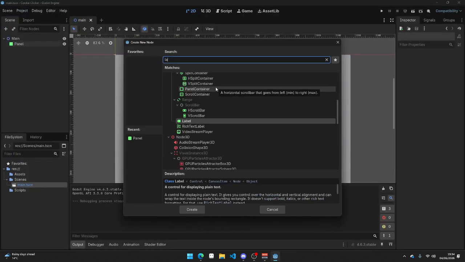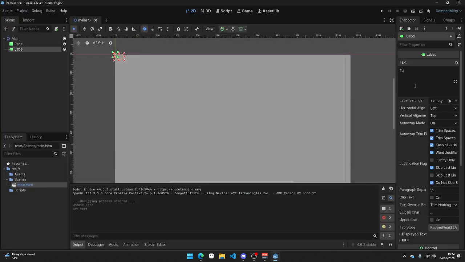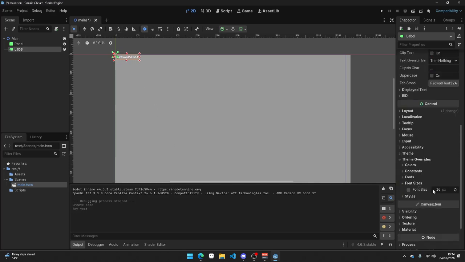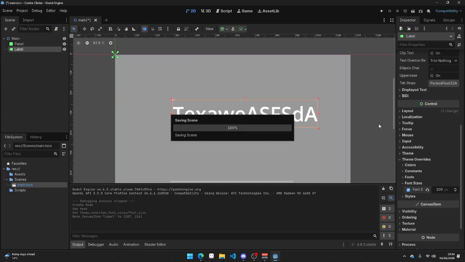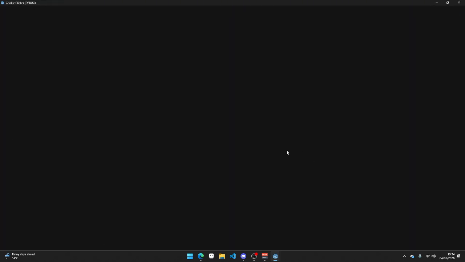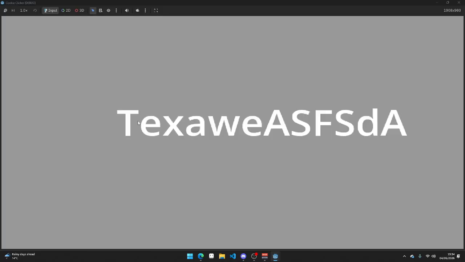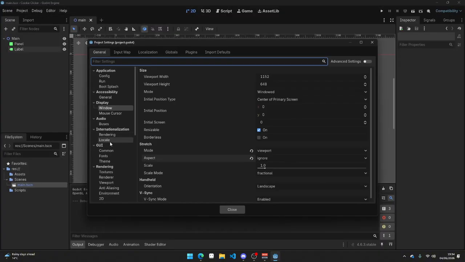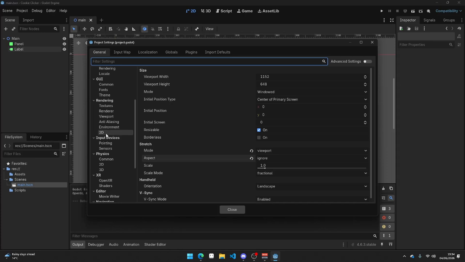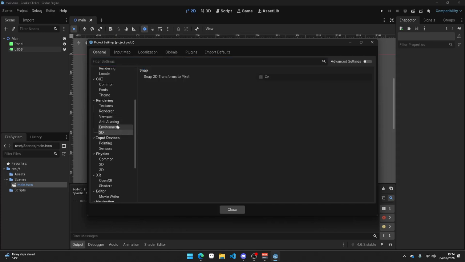The only problem this does have, say you had some text, you don't have to do this, I'm just giving an example. So you have some text there, you press play. See how it's kind of stretched and it's kind of blurry. Project settings, go down, rendering, 2D, I'm incorrect. It's in textures, default texture filter, nearest. And now,